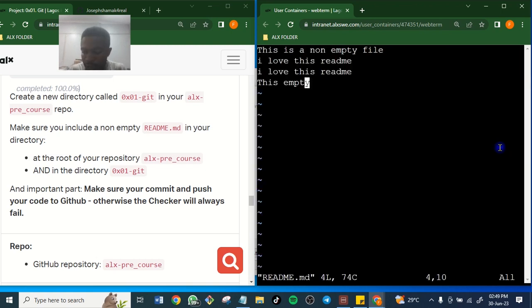Now let's correct. Use your I to insert. This is empty. So let's go out: escape, shift semicolon, WQ, exclamation mark.